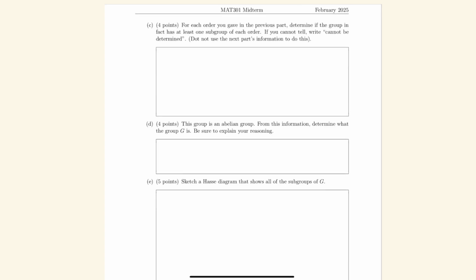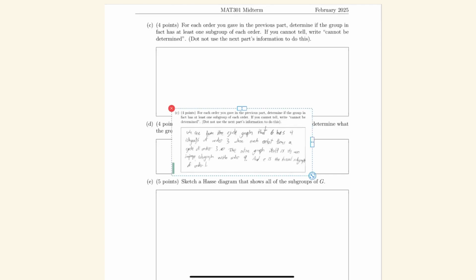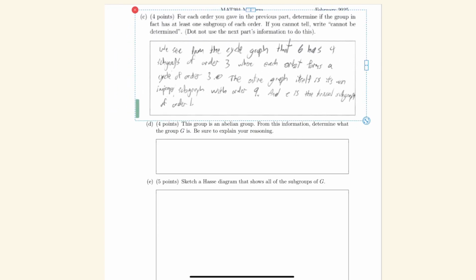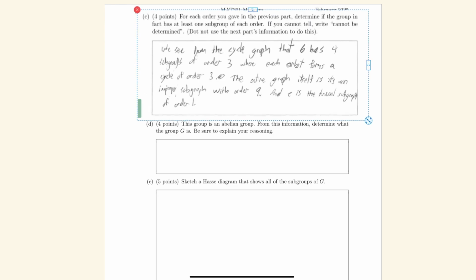So then the next part was not done as well, because this one asked whether the group had at least one subgroup of each order. So let's again see what the sample student solution is. Okay, this is a really good solution. So it says, see from the cycle graph that G has 4 subgroups of order 3 where each orbit